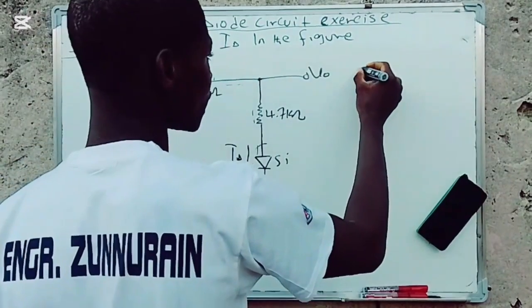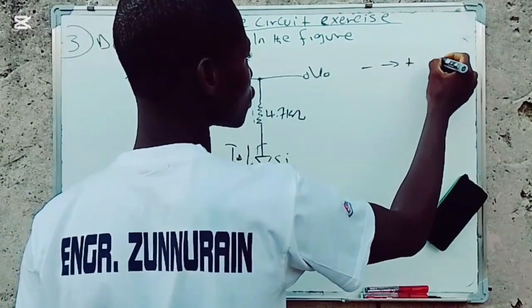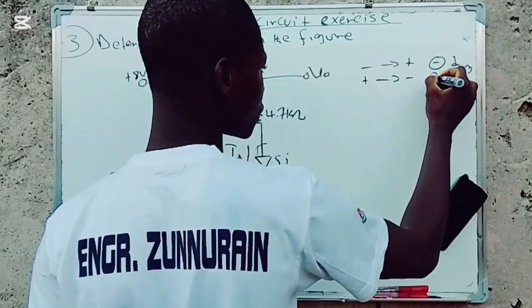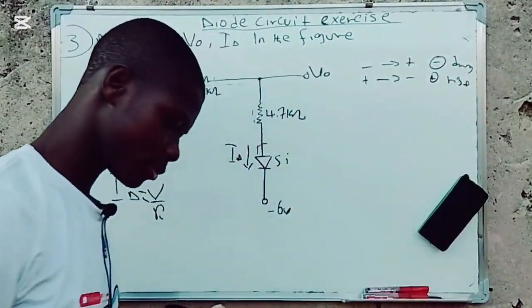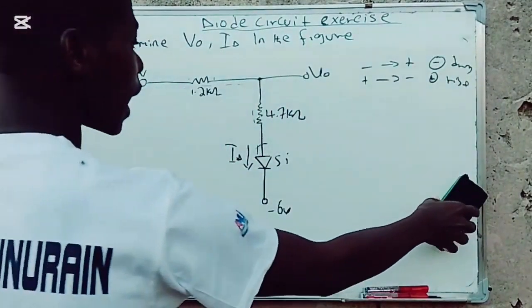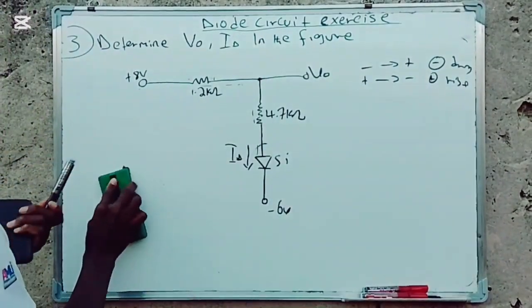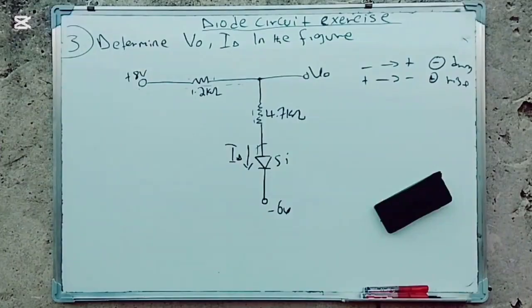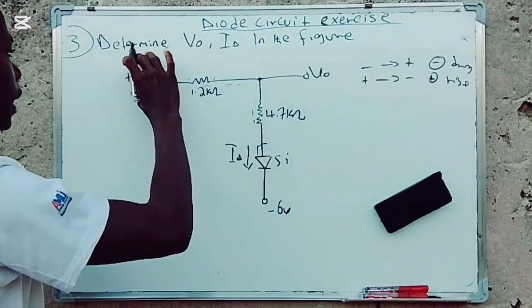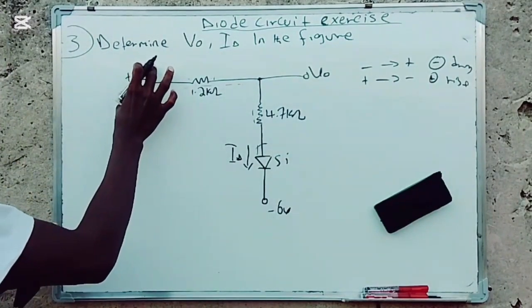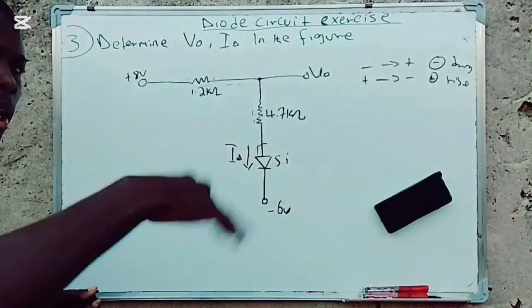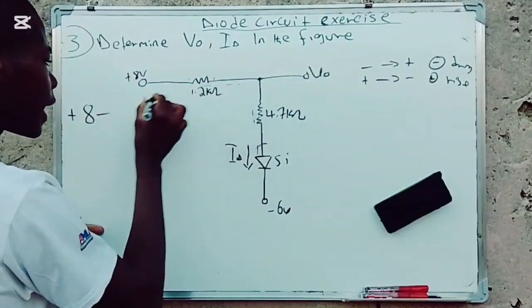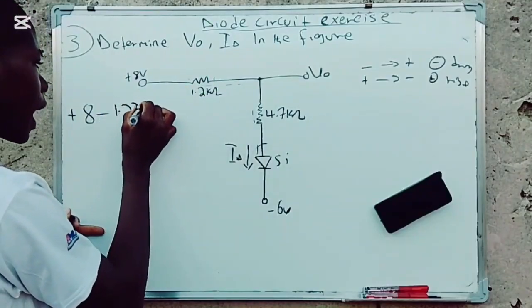As I said in the last video, going from negative to positive is a drop, and positive to negative is a rise. So I can apply the KVL if I like. Since this 8 is rising, the rest will be dropping. So I'll have positive 8, and then negative 1.2 ID,